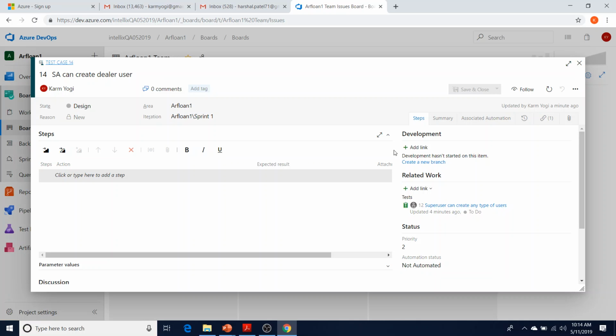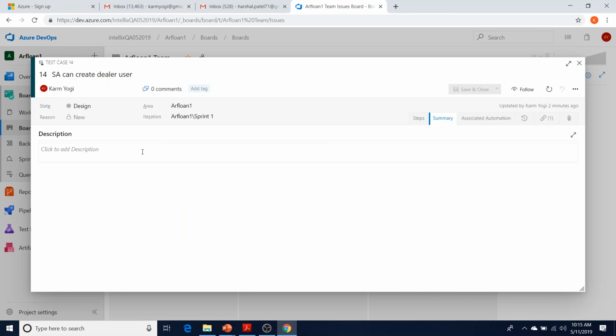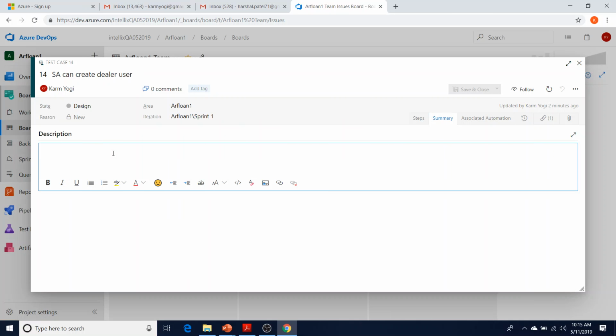The good thing and bad thing about the tools, this particular tool, as well as ALM or Jira, they don't support the precondition and postcondition within the tools. But there is on the right side a summary section here. Can you guys see it from the back? Okay, I just want to make sure. This is a summary section, and here I can write down anything I need. So precondition,